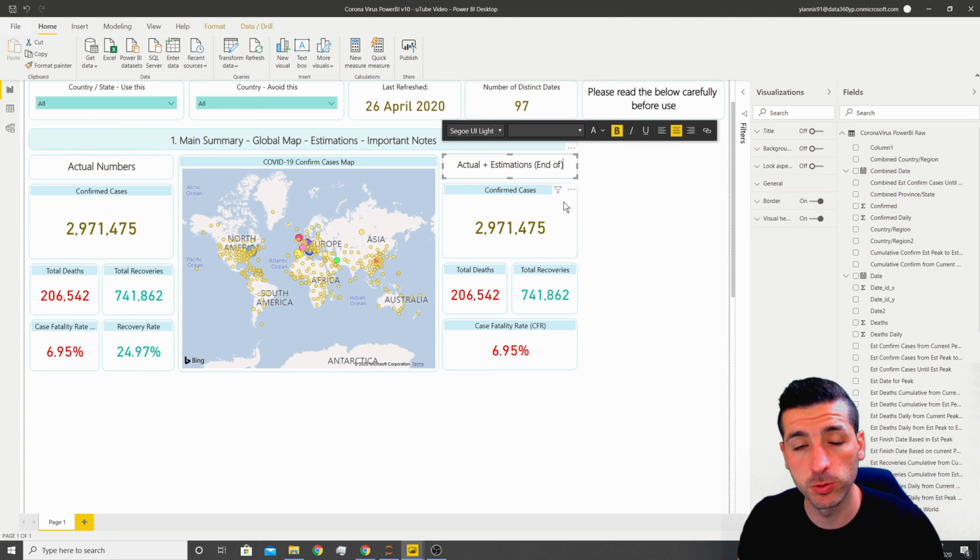The next thing we want to do now is to create 3 new measures. And those new measures are going to be the estimated total confirmed cases, which is going to be this number plus the estimations, the estimated total deaths, which is going to be this number plus the estimations, and the same thing with the recoveries. Right, to create a new measure now, we need to right click in our table, click